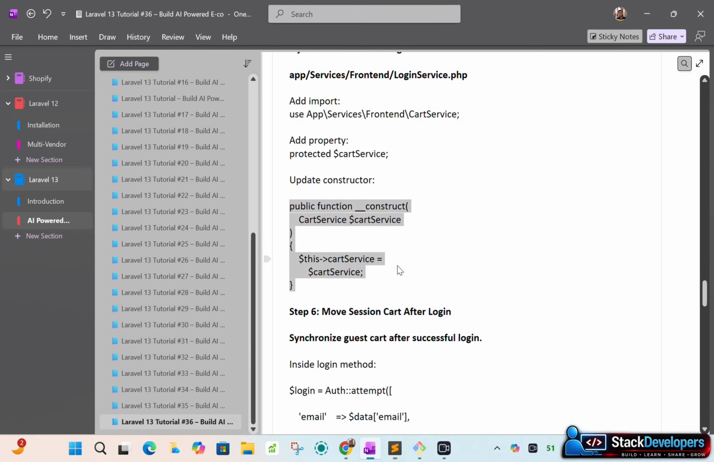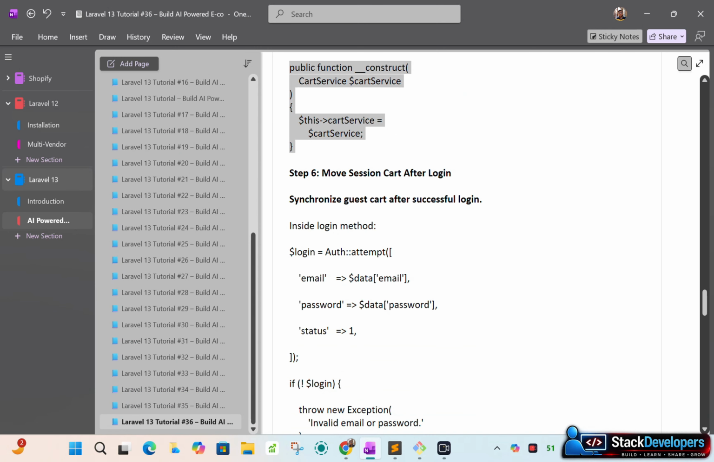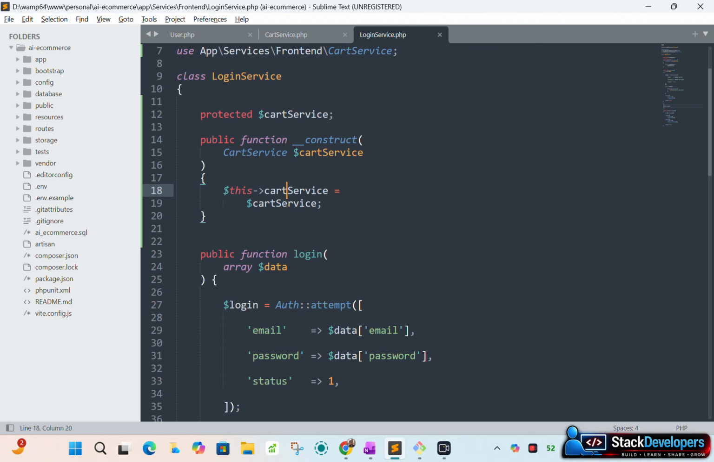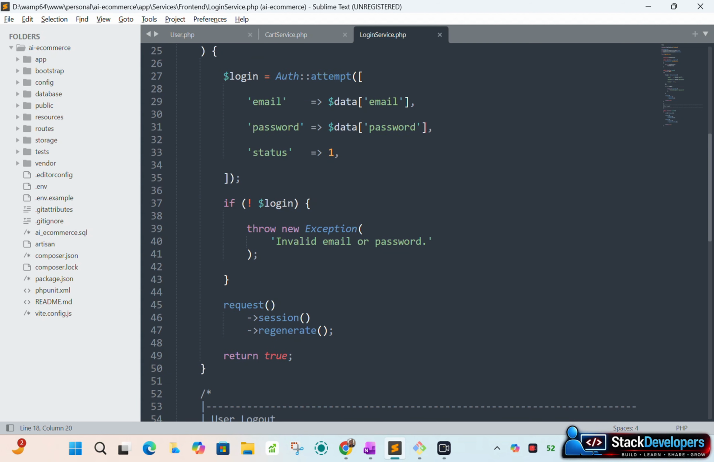Okay. So after this, we are going to move session cart after login, to synchronize the guest cart after successful login. So inside the login method, we are doing this because once the user adds the product to the session, we are required to move that product from the session to the database. So once the user is successfully able to log in, meaning they reach here,